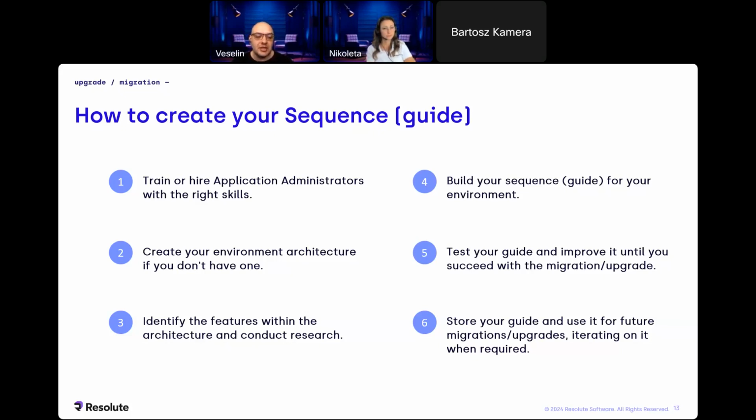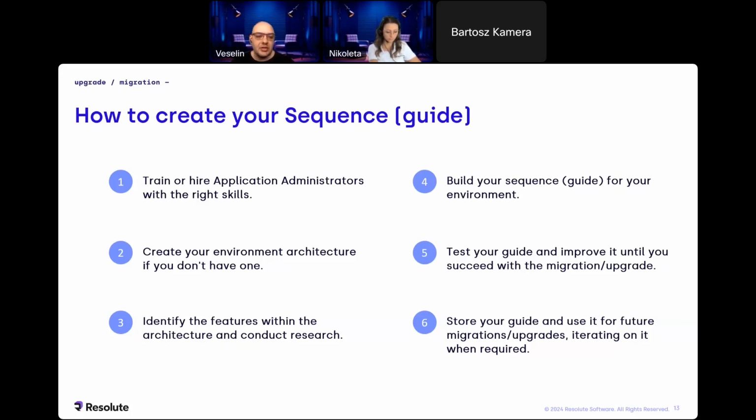So these skills are kind of mandatory for an application administrator. Of course, you can hire someone else that's proficient in this type of area. But usually those skills should come from the application administrator.